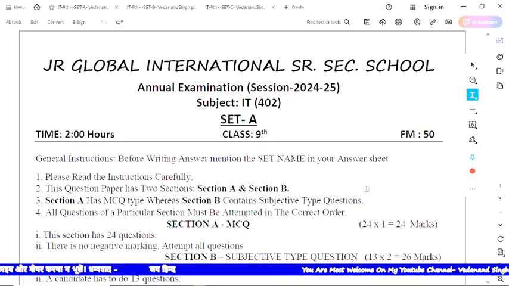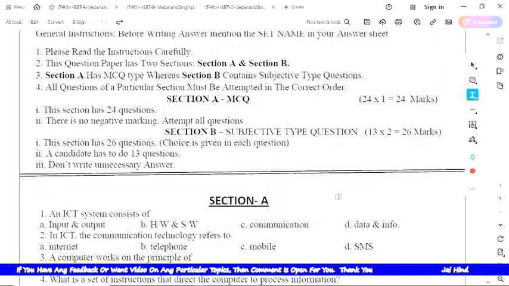Here in this video we are going to solve the annual examination paper for subject IT. The code is 402. So this is Set 1. Here we'll solve only the MCQ questions for today's exam. So the first MCQ question is